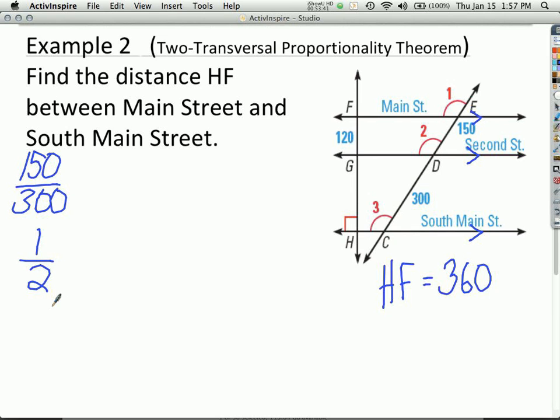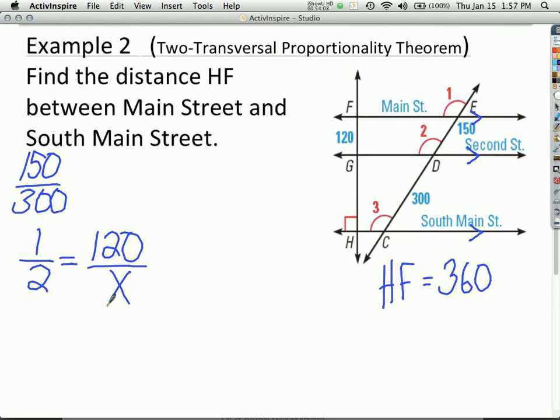And so since you need to find the distance between South Main Street and Main Street, which is FH, you use another proportion, so it'll be like 120 over X. Like so? Yeah. Okay. And so I think what Nathaniel was trying to indicate is that you were able to do this